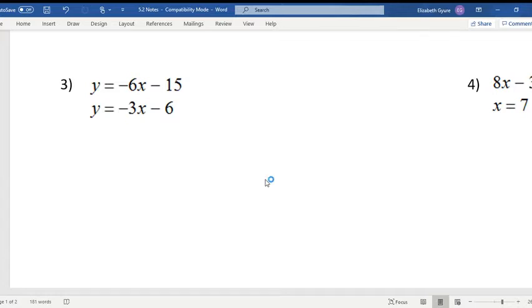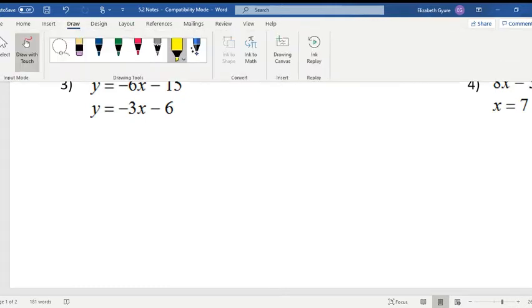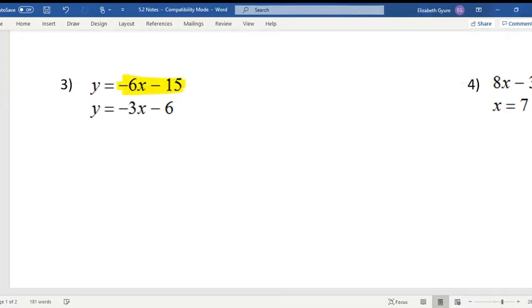Okay, this looks the exact same, right? Y equals -6x minus 15 and y equals -3x minus 6. If they equal the same thing, they equal each other. So what we can do, we are going to take this -6x minus 15, and where are we going to plug it in? On the left, right? Well, yes, we can use parentheses if we want. It's y equals, and we're going to plug it in where we see